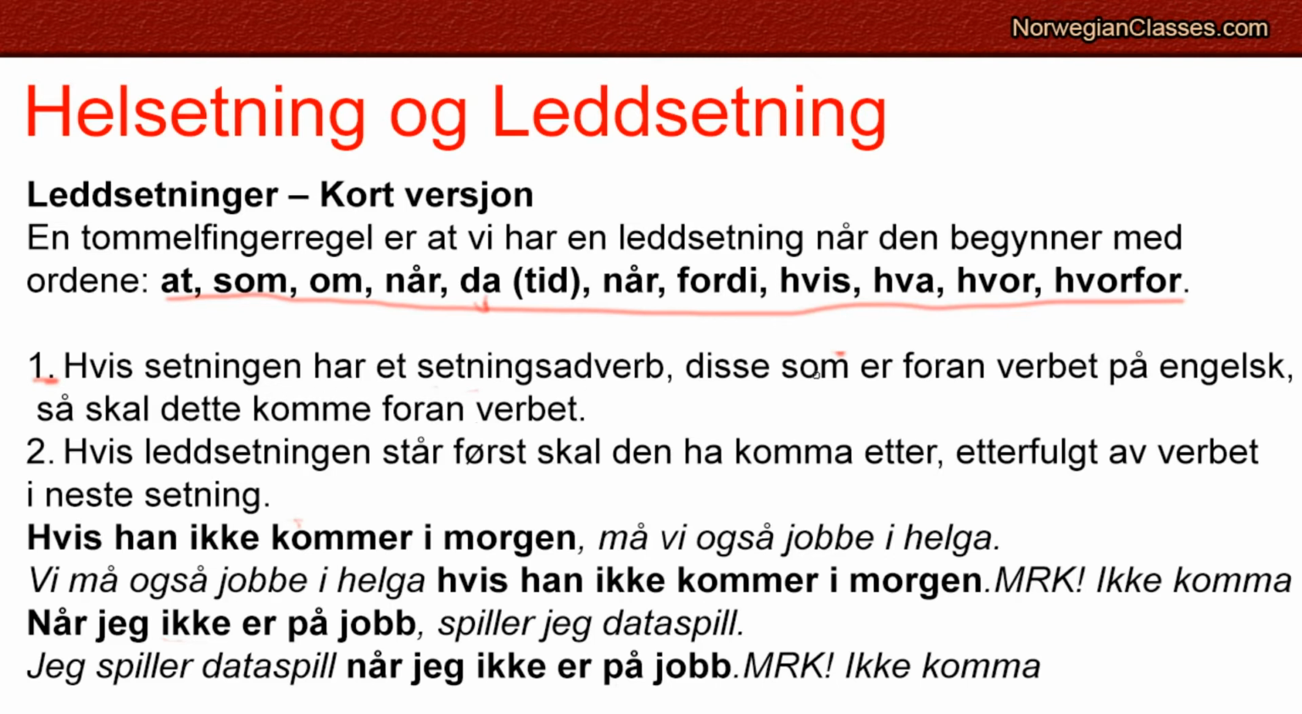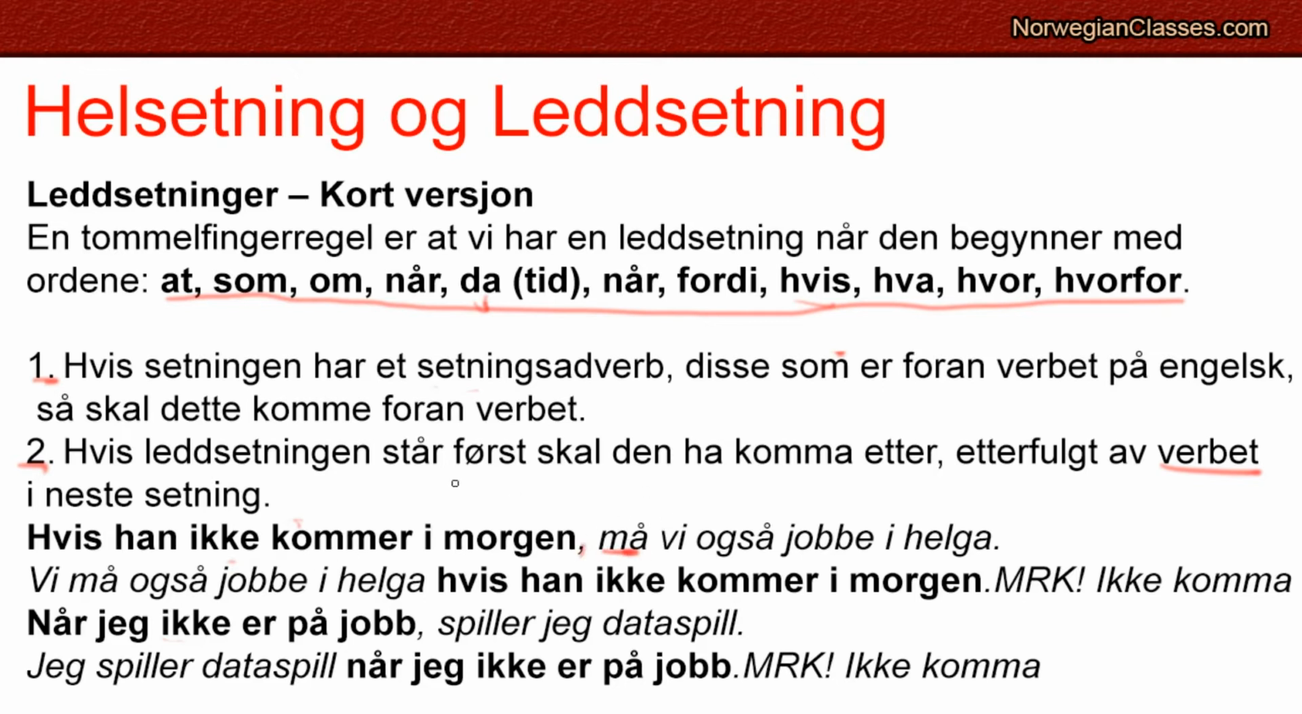The other ones, that are in front, will be in front of the verb. Han sier at han ikke kjører. He says that he doesn't drive. Number 2, if the subordinate clause is first, then it will have a comma after it, and then you will have the verb first in the next phrase. This is something that causes a lot of issues, particularly the verb part. So, hvis han ikke kommer i morgen, you notice it's a subordinate clause because of hvis, ikke in front of the verb, comma,